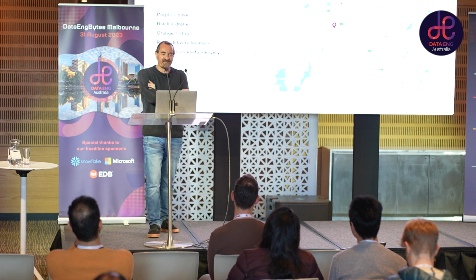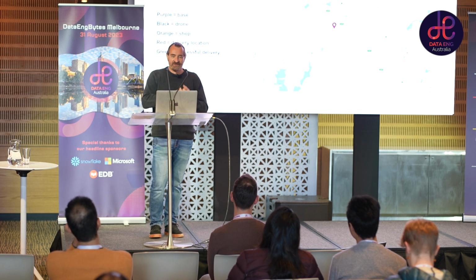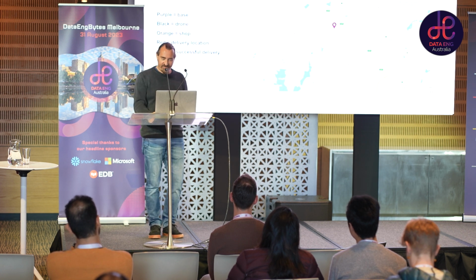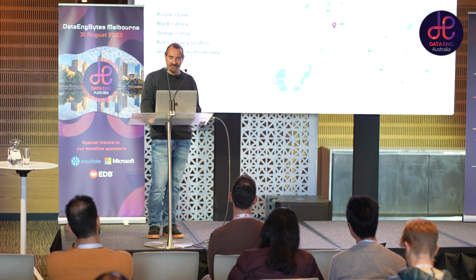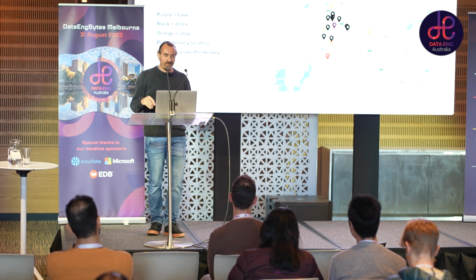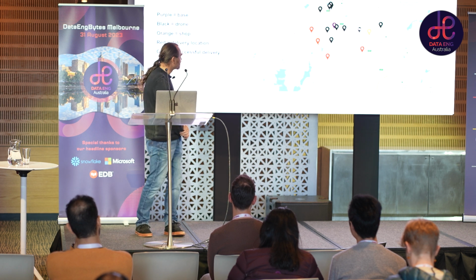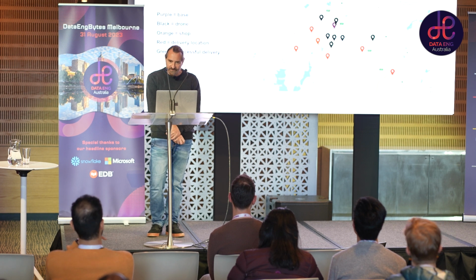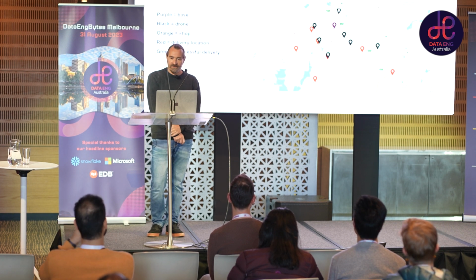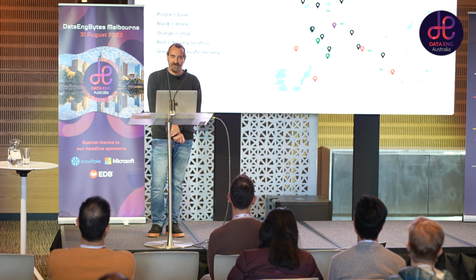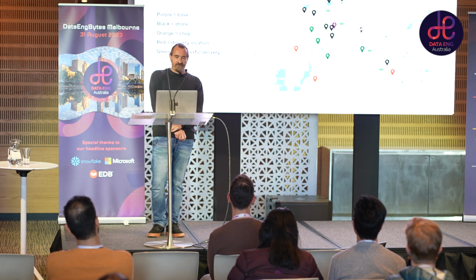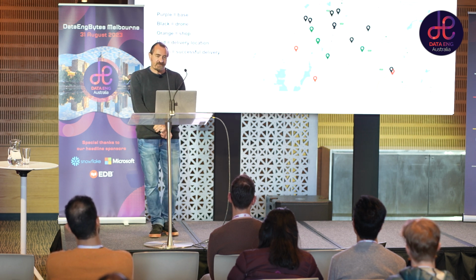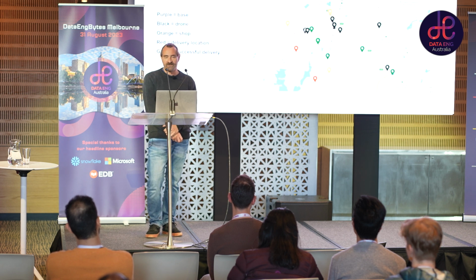So here's a visualization of only 20 drones flying using my backyard in Canberra as the drone base. I've sped this up quite significantly. I'll just start it up now. So the purple blob is the base location. The black blobs are the moving drones. Orange-coloured blobs are the shop locations. The red blobs are the delivery locations. And they then change to green when there's been a successful delivery to that location.